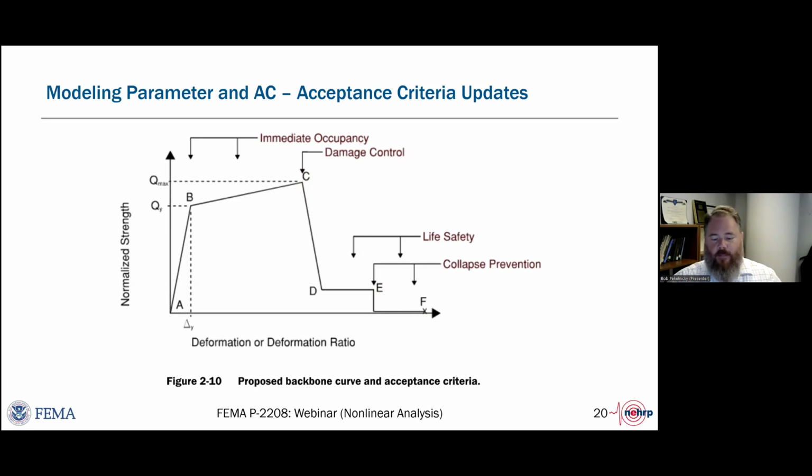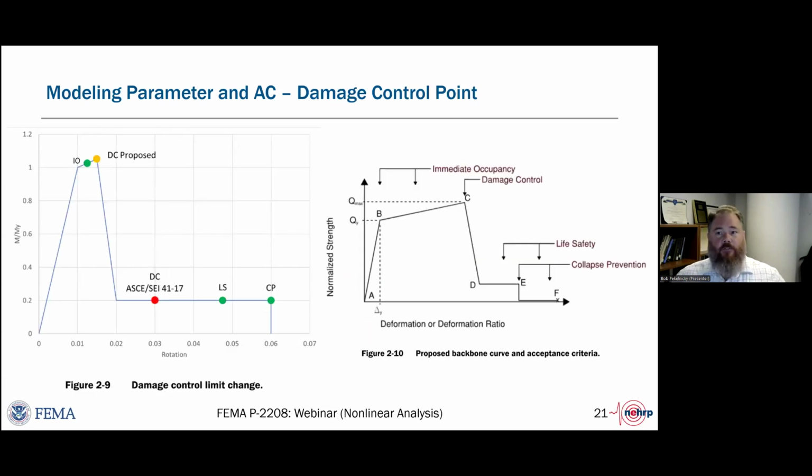The motivation for that came from some regulators who were looking at people proposing project-specific testing, where they had a very large deformation on pre-Northridge moment frame connections before the connection fully lost all lateral load resistance, going out to a rotation of 0.06 radians. But the flange welds were fracturing at around 0.015 radians. So the median of that would put you around 0.03 for your damage control point. But this would mean that half of all your moment connections in the building might be fractured. That's not necessarily appropriate for damage control.